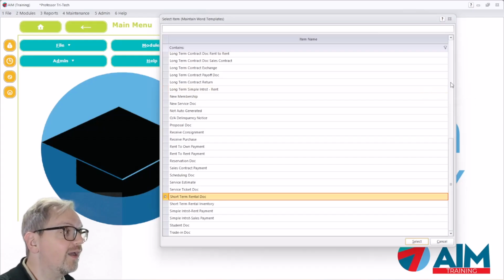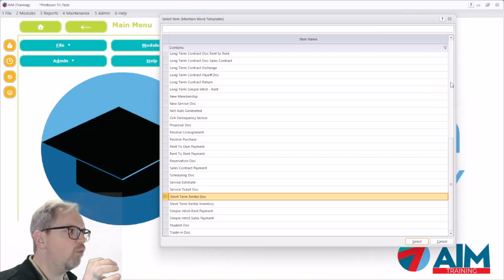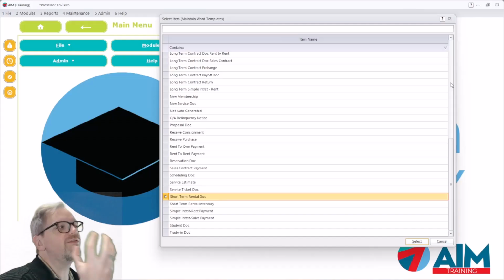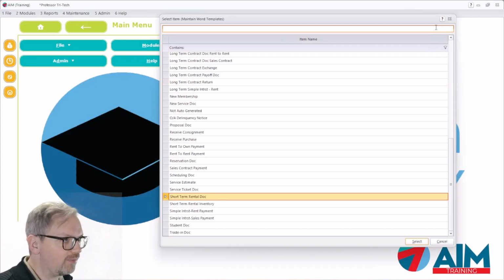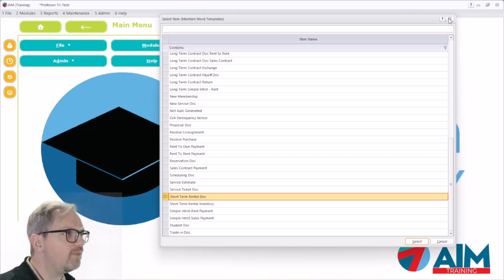So when we are setting these documents up themselves, you can use what is known as a tag index to fill in what you want to have pulled in from AIM and put into the document. So what do I mean by that? Well,